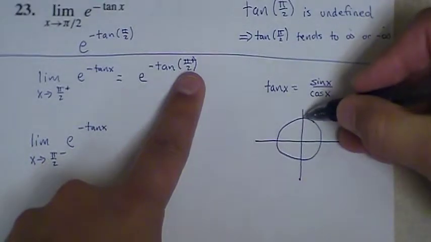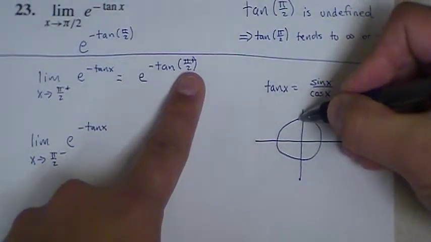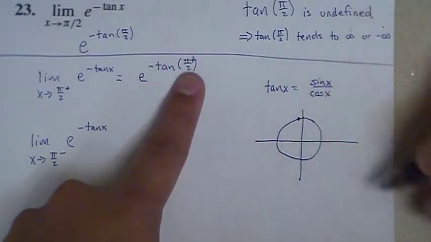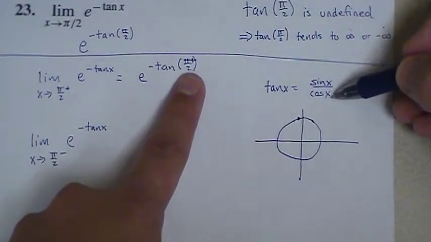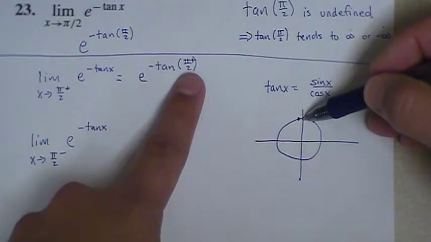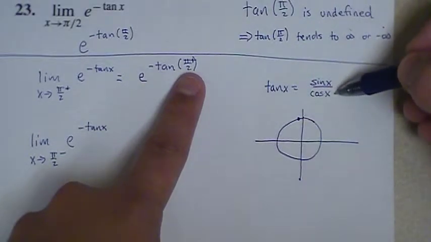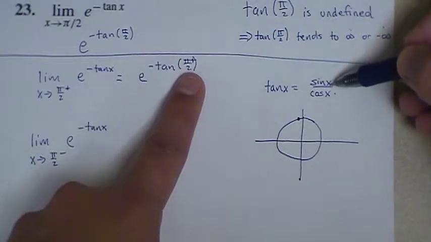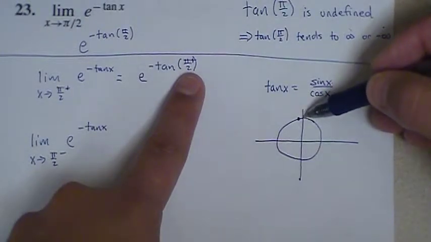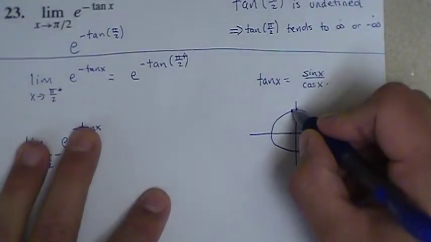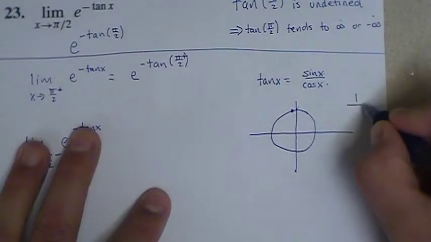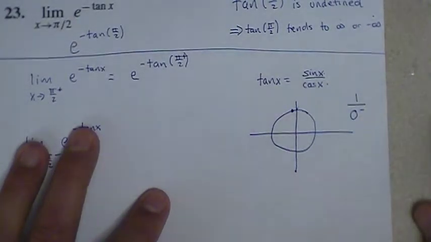On my unit circle, pi by 2 would obviously be right here. If I'm at an angle slightly bigger than pi by 2, I'm up here very close to the y-axis, but slightly into the second quadrant. And if tangent is sine divided by cosine, the x-coordinate here is very tiny, but it is negative. So I have a very, very tiny negative for my value of cosine, and my value of sine would be very close to positive 1, the y-coordinate at this location. So if I have a number that's practically 1, and I divide it by a tiny, tiny negative, then my result is going to be a negative that's really far from 0.